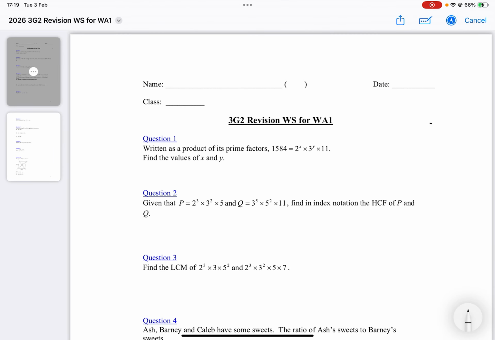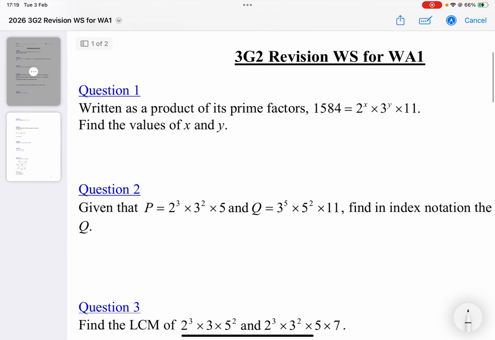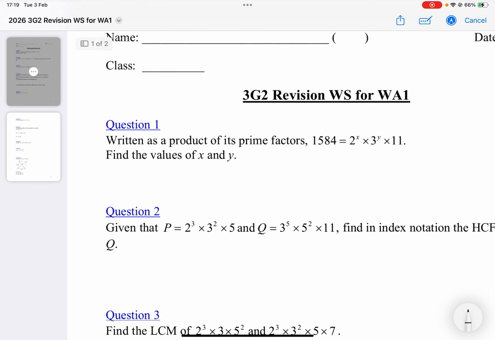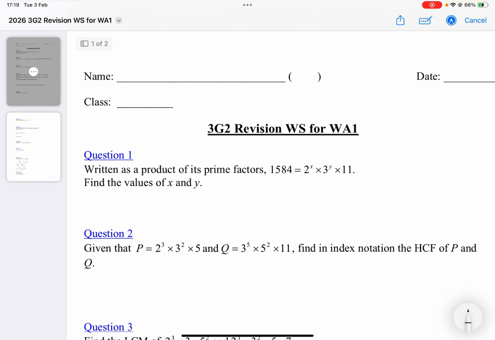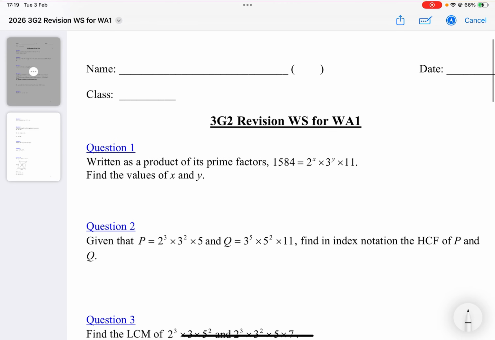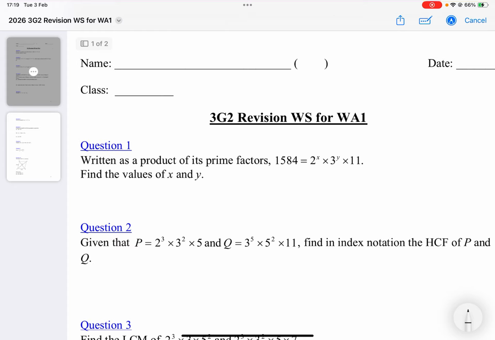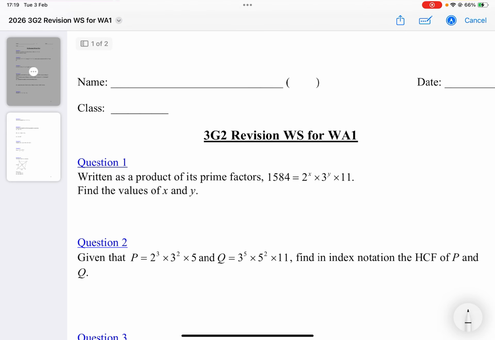Okay, this revision worksheet is to prepare you for your WA1. A lot of these topics were not taught by me. So I will try to go through each of these as a topic, like teaching again how to do